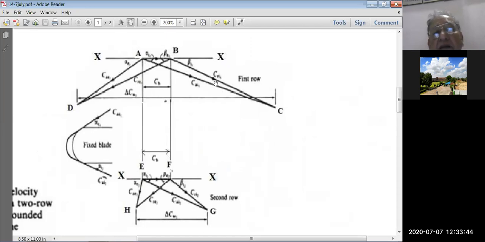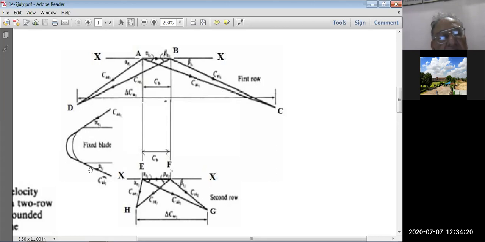ABC is the velocity triangle at inlet to the moving blades, and ABD is the velocity triangle at the outlet of the moving blade. Now this shows how steam leaving the first row of moving blades enters into the fixed blade. So you can see that this is the exit velocity of the moving blade. It will enter the fixed blade, and this is